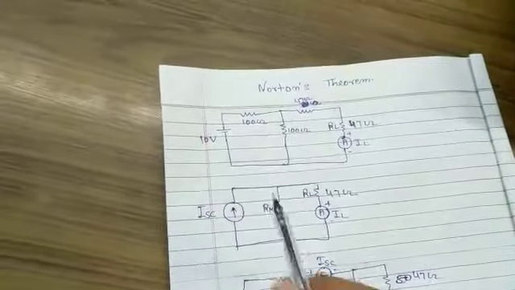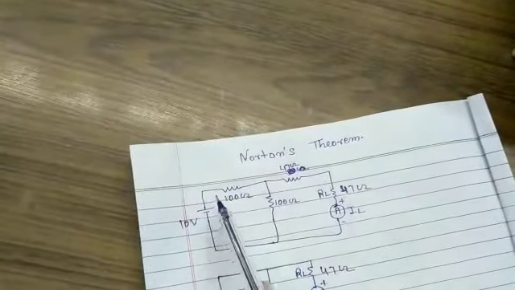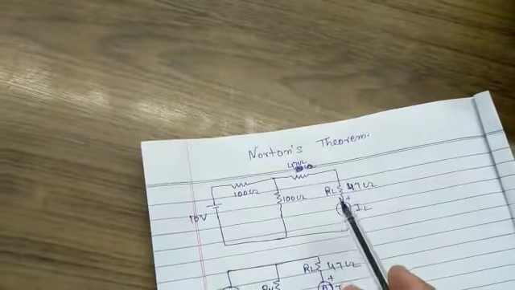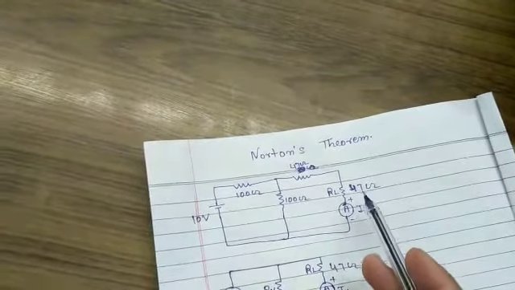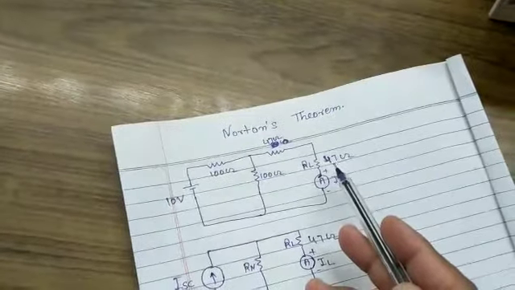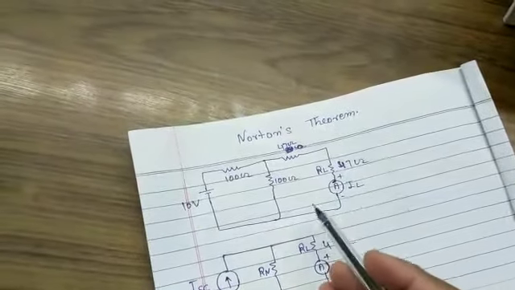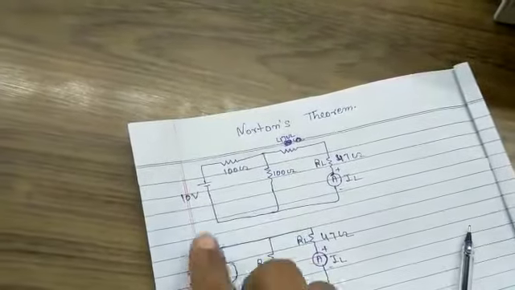Norton theorem. Now connect the circuit as per the given diagram. According to this circuit, find out the current through the 47 ohm resistance, which is the load resistance. Now draw the circuit as per the diagram.